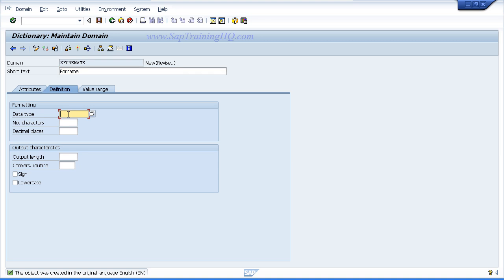Then similar to the surname field we created, we're going to choose a character data type, CHAR, with a length of 40 and an output length of 40. Now activate the object.